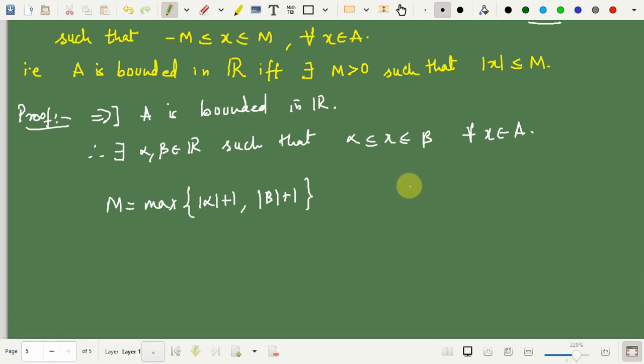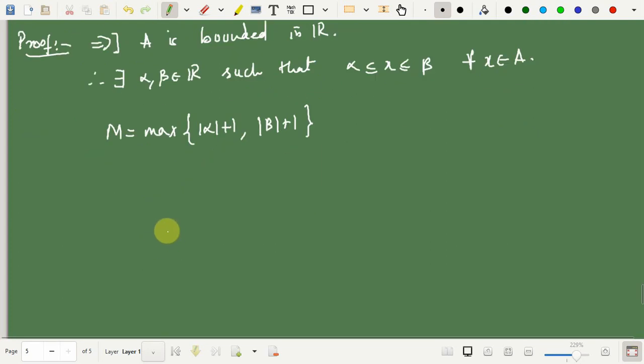that I want to cover x from both sides, the right hand side as well as the left hand side. If I take the maximum of this, then that would be the longer radius on one side, and if I cover the open interval from both sides, it is going to cover every element x. So, we would see whether this choice of m will work. I have just guessed this choice. Okay. So, now I want to show that mod of x is less than or equal to m, or in other words, that x lies in between minus m and m.